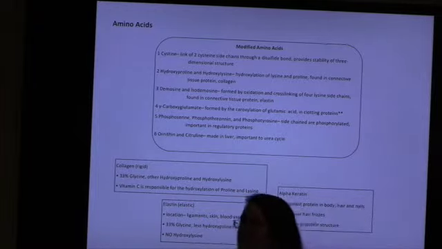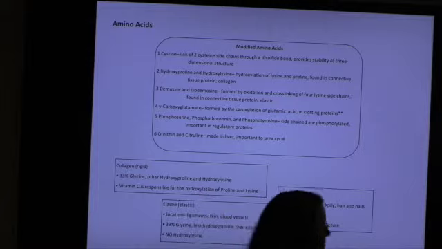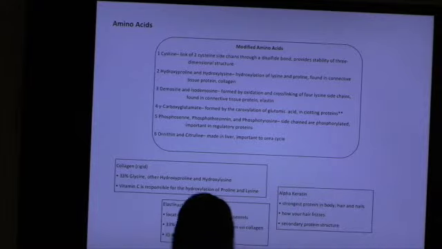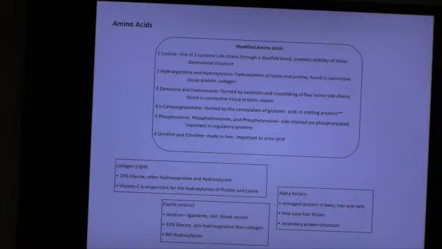So collagen is elastic or rigid? Collagen. It's rigid, right? Because elastin is elastic. Collagen is rigid, okay? It's about 33% glycine, and then it has hydroxyproline and hydroxylysine. You just said vitamin C is responsible for that hydroxylation. That's important. Elastin, okay, so things like ligaments, skin, blood vessels, stuff that's elastic, okay? It has glycine, has less hydroxyproline than collagen, but there is no hydroxylysine in elastin. None.